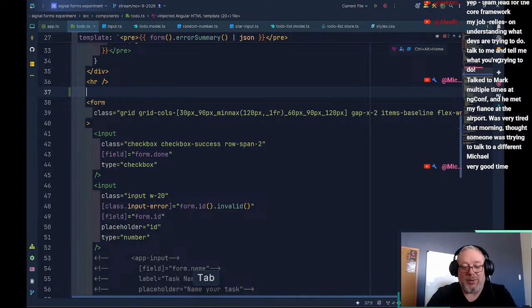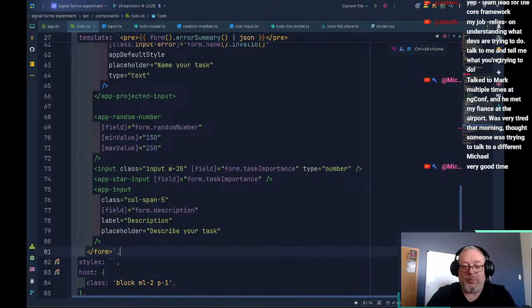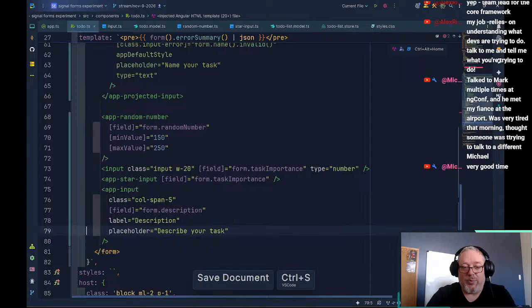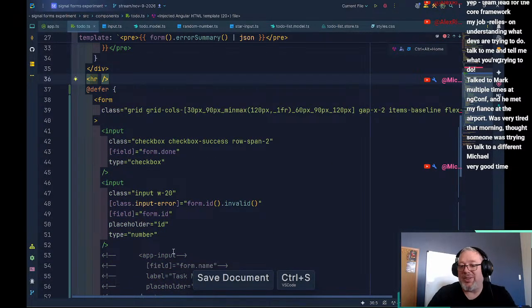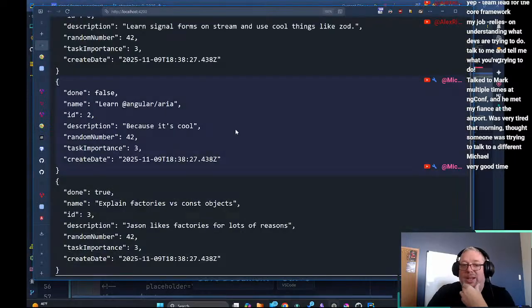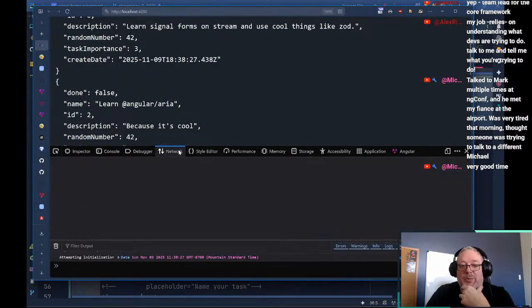Like if we just throw an at defer, it's not going to do anything for us. So right now, this defer is not doing anything for us. And we can prove that if we go into our network,